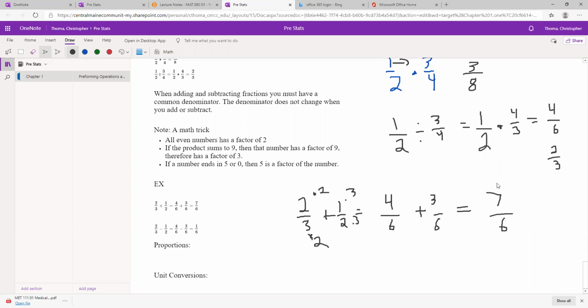Now, if you want to make it mixed, that is completely up to you. I am okay with the answers being as improper fractions. And then the last one we'll do today is a subtraction problem. So if I have 2/3 minus 1/2,